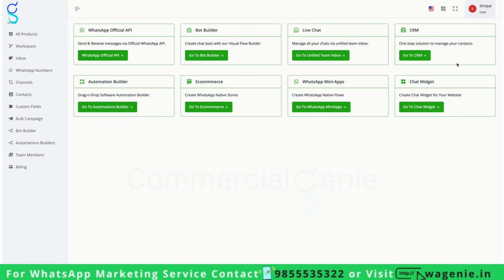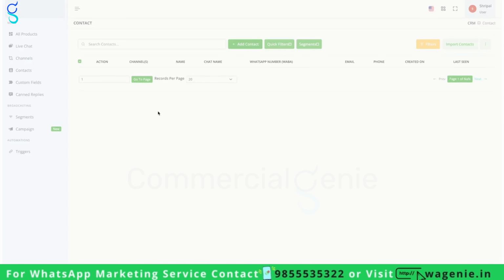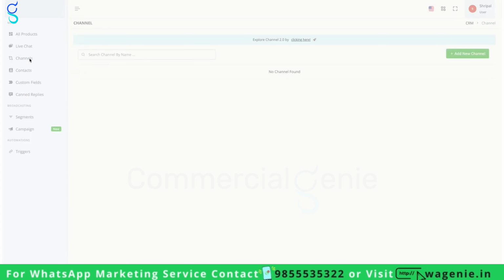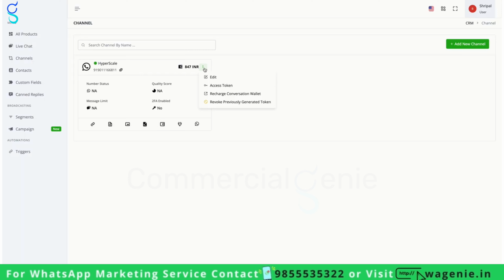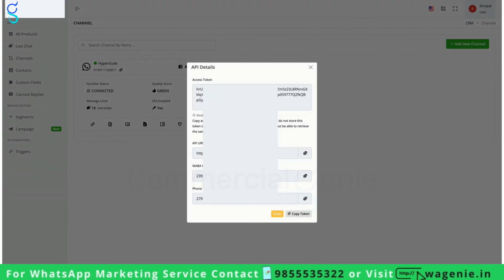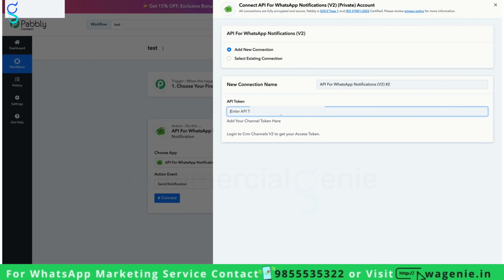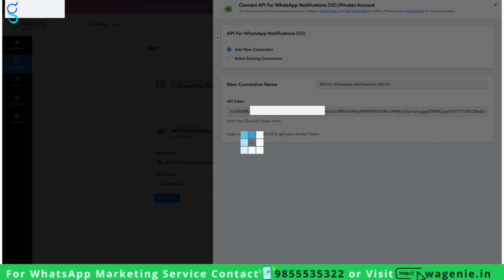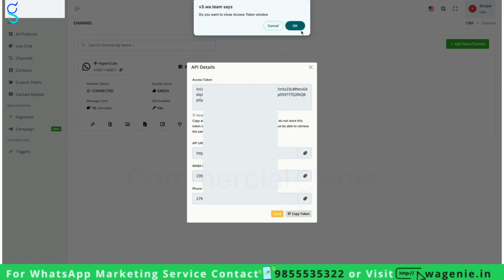To get your API token, go to your CRM. Go to the channels page and from here click on the three dots and click on access token. It will generate an access token. Kindly copy it and paste it here in Pabbly and click on save. Now let us see if